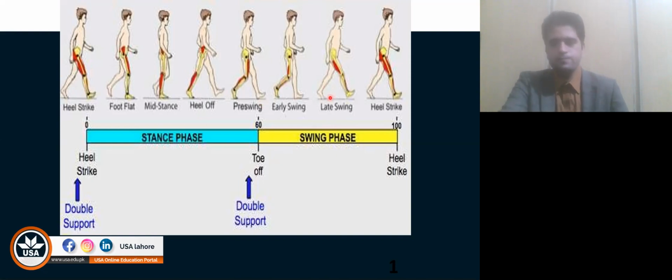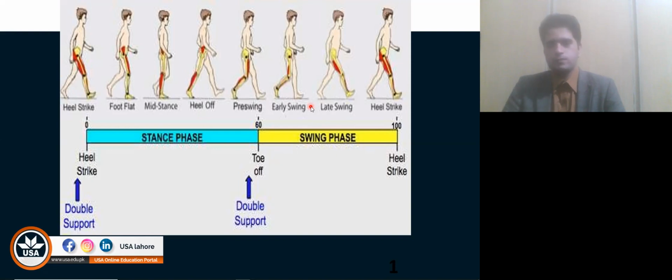So what is happening here? In the pre-swing phase, weight will transfer onto the opposite leg, and this limb will now be prepared to go into the swing phase, which is the next part of the gait cycle. Also, interesting to note is that the end of the pre-swing corresponds to the toe off, at which moment the foot breaks contact with the floor, thereby demarcating the beginning